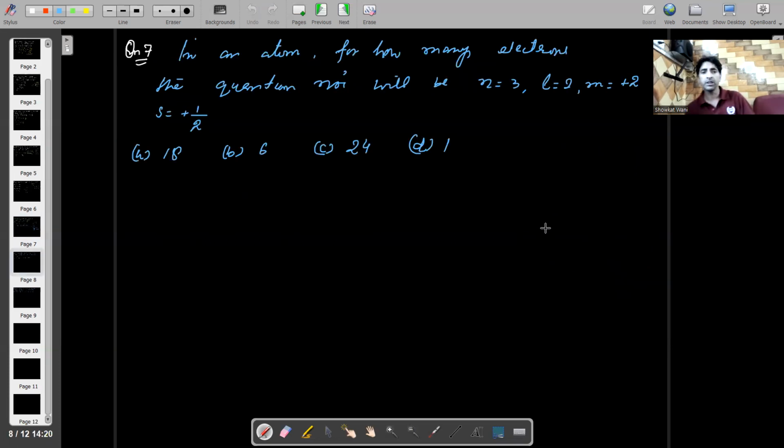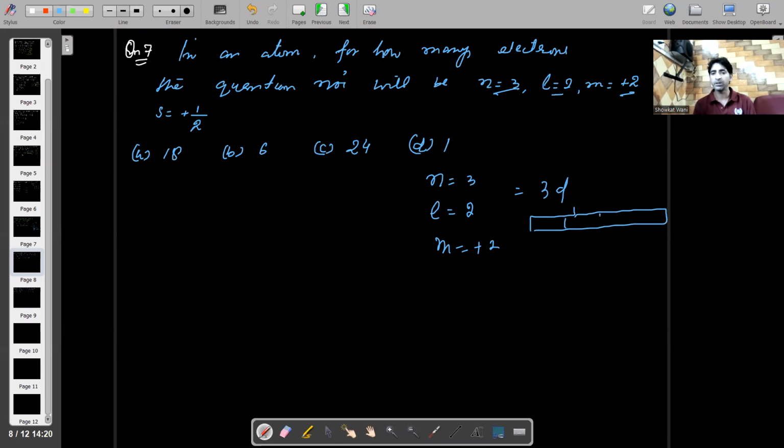Now move to the next question. In an atom, how many electrons the quantum numbers? अब बताना है how many, कितने electrons के लिए ये वाले quantum numbers possible हैं। तो again वही बात है, n is equal to 3, मतलब L is equal to 2, L is equal to मतलब D, मतलब ये 3D सबशेल है। अब M is equal to +2, अब देखो हमारे पास D ऑर्बिटल्स कितने होते हैं, 5 D ऑर्बिटल्स होते हैं, है ना। 5 D ऑर्बिटल्स हैं, तो इसके लिए +2 का वैल्यू, इसके लिए +1 का वैल्यू, M का वैल्यू मैं बेसिकली बताता हूँ यहाँ पे -1 -2।